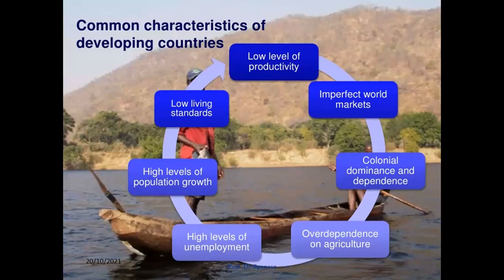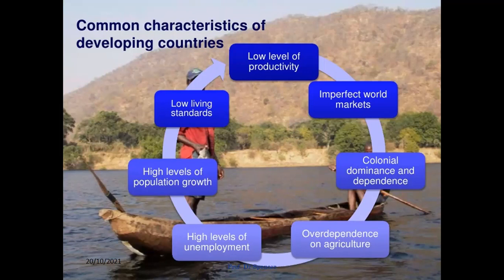Secondly, imperfect world markets in developing countries. There is also colonial dominance and dependence among the developing countries. Some countries have over-dependence on agriculture, many of these countries, and also high levels of unemployment is another characteristic,